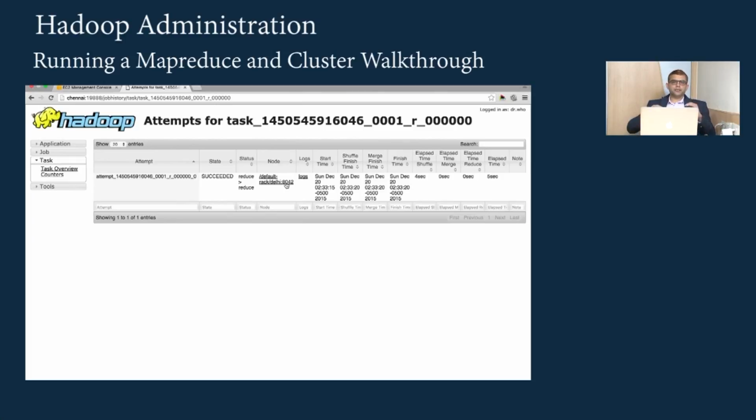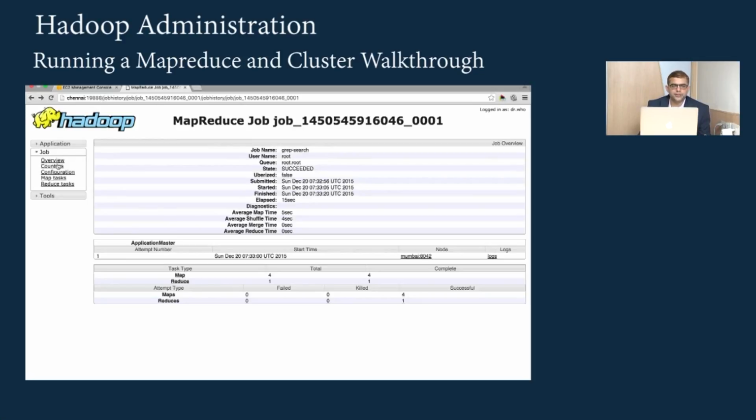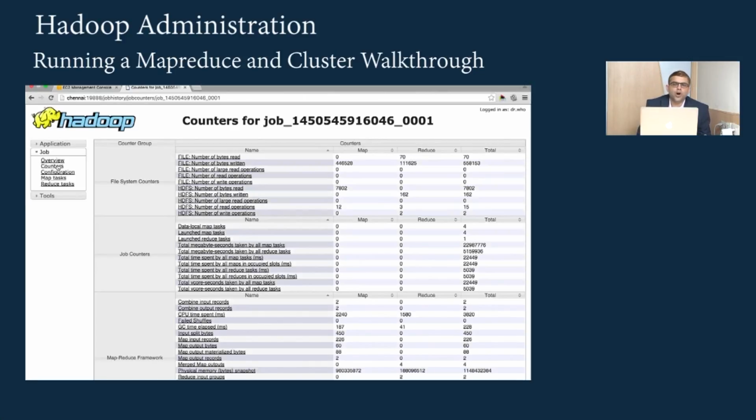So what we've seen is, once a job is run, you click on the history after the job is successful. It takes you to the Chennai server where you can see the number of mappers, the number of reducers, and the logs. Now, as an administrator, you might be interested someday to test the performance of your job, and to do that, you have something called counters. Counters will give you all the statistics for a job. They'll give you statistics for everything that took place in the job.